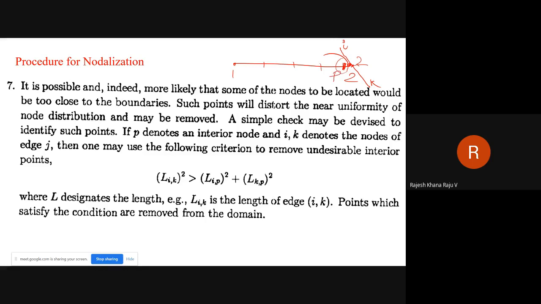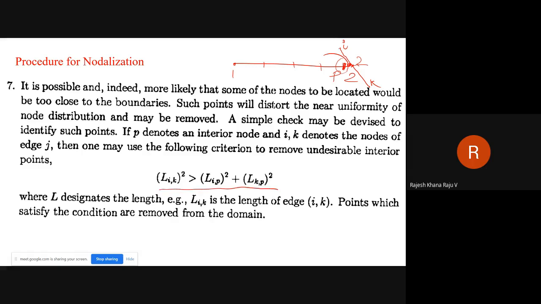So you have to check whether this particular point will be kept in further triangulation or it has to be removed. So in order to do so, we have to check for this particular criteria.